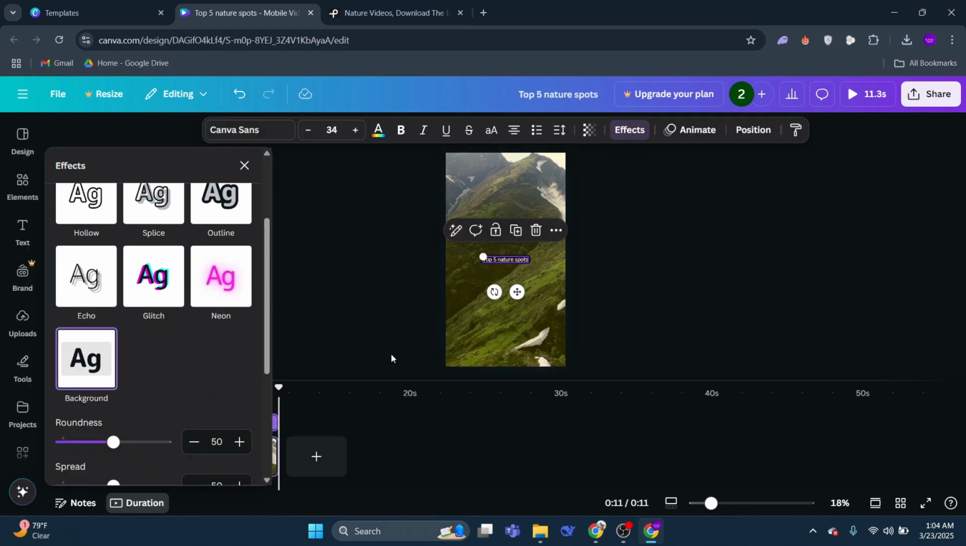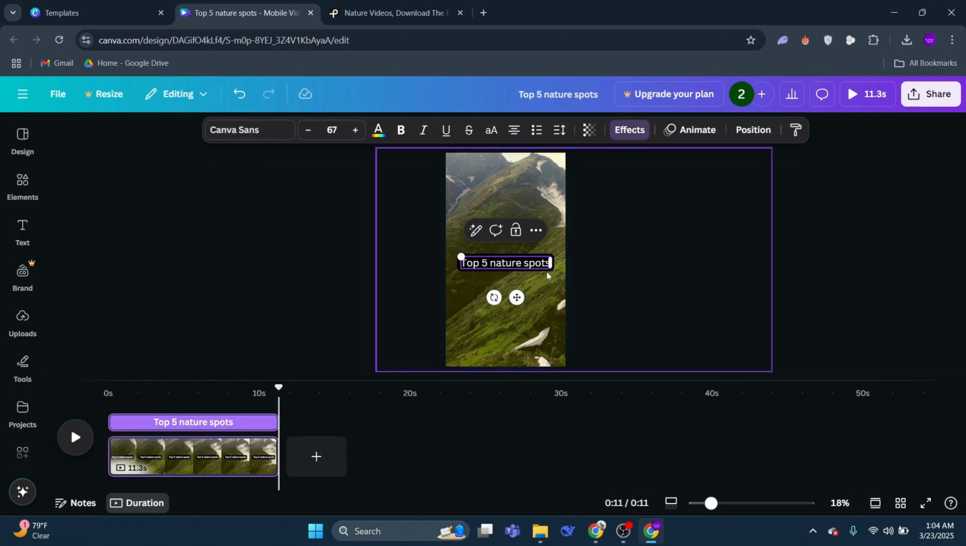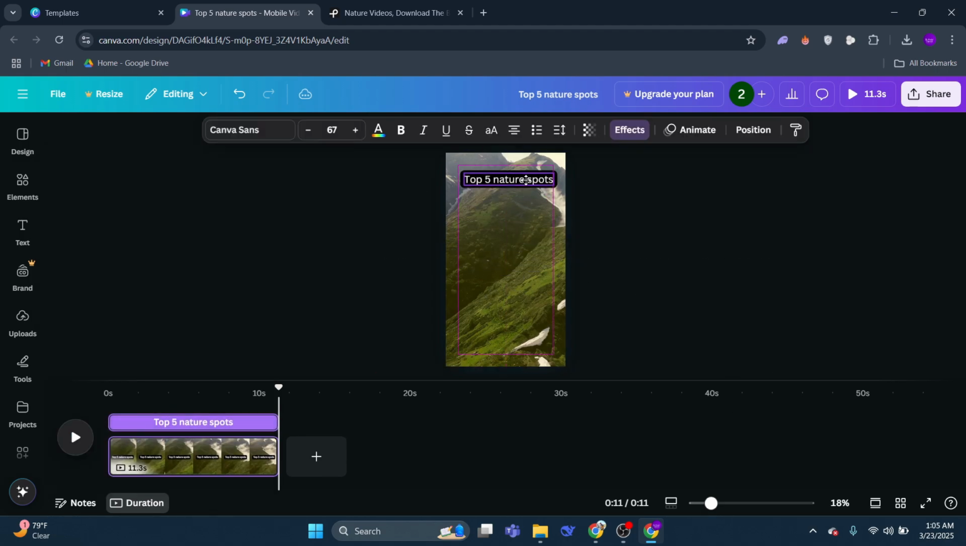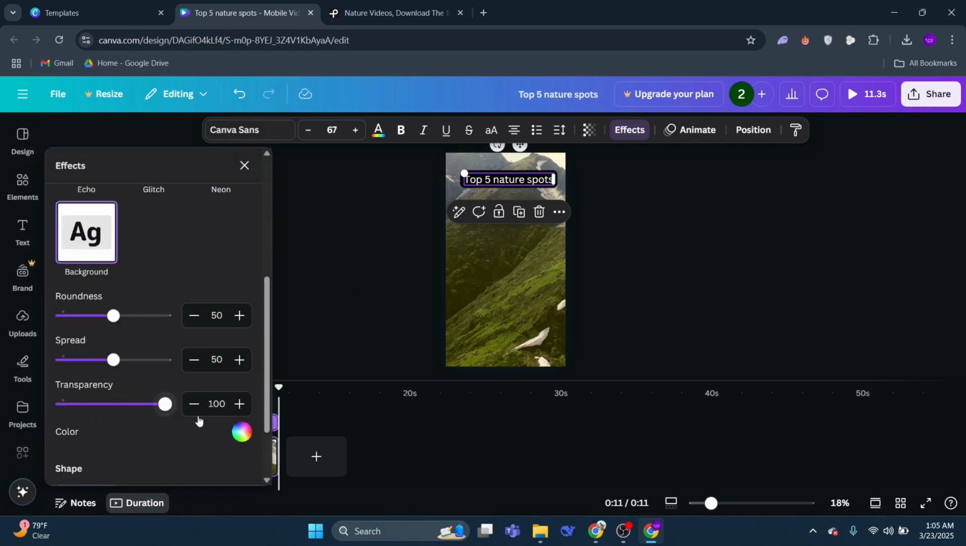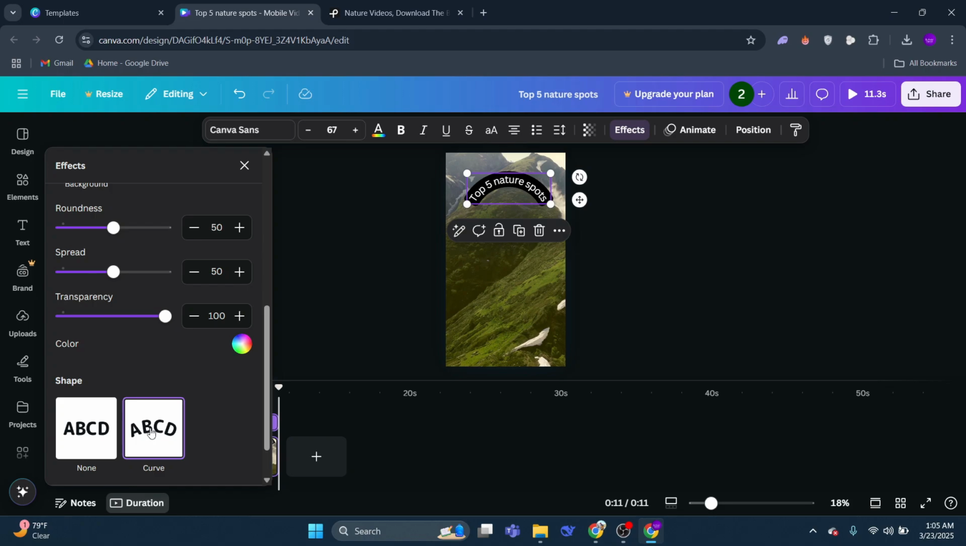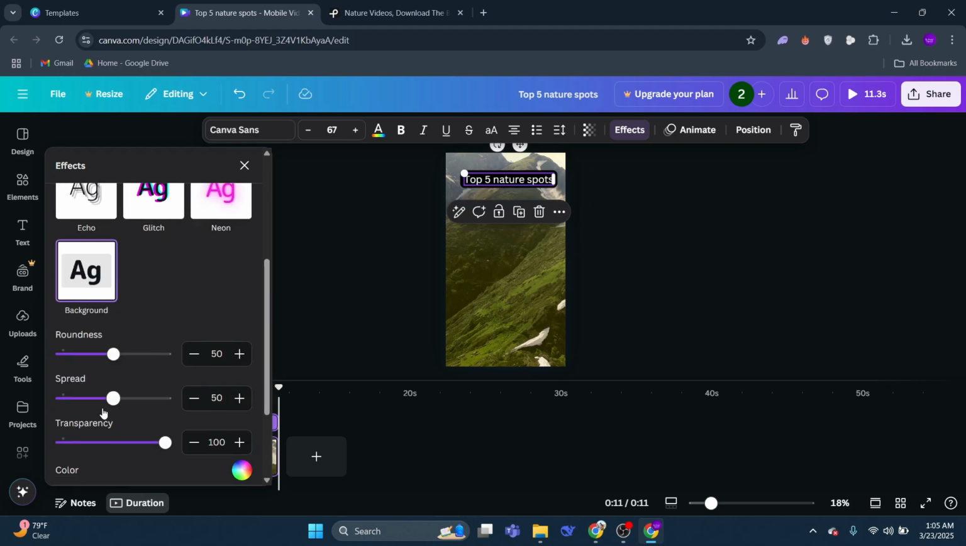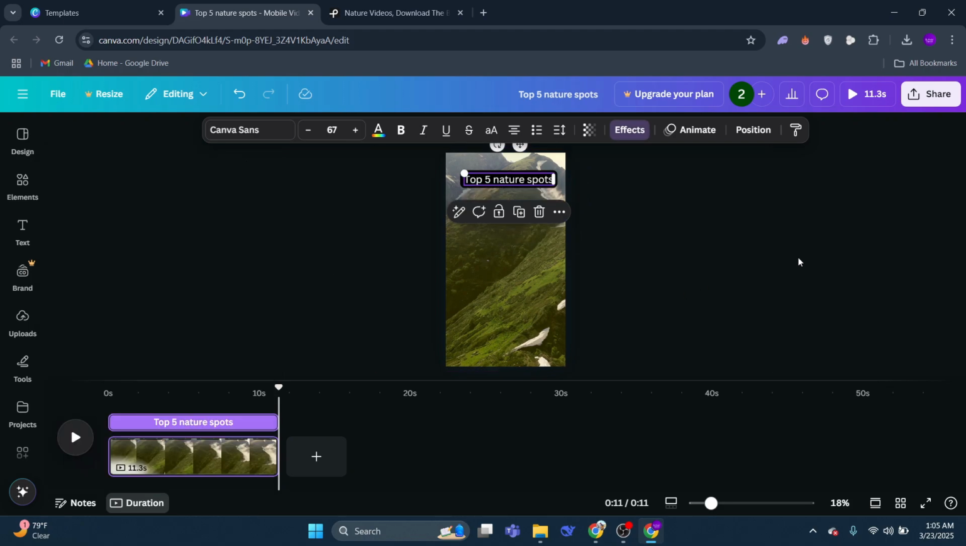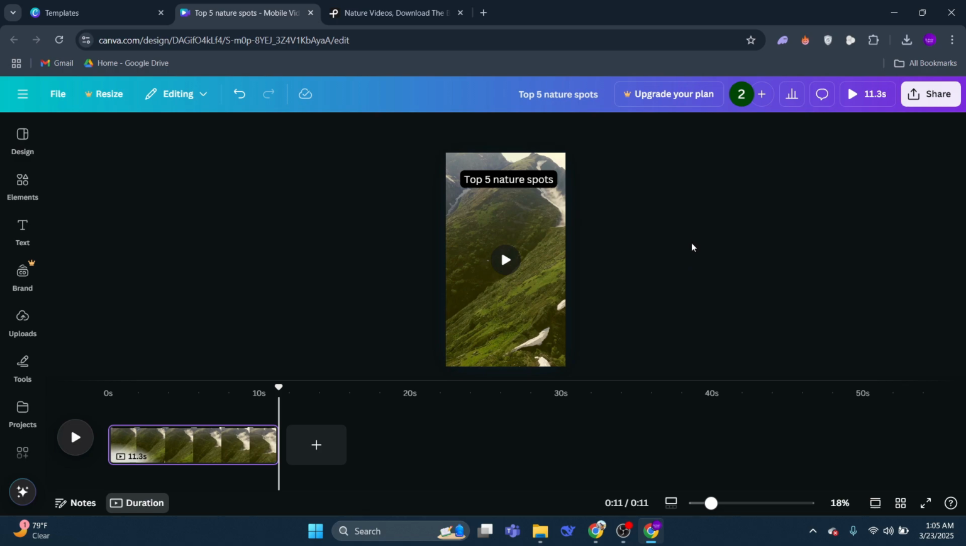Let's go ahead and add a background. We also want to make the text larger, so I'll increase the font size like so and drag it up to the top here. We can adjust the transparency of the background as well. We can also give the text a curved shape if we want, but I'm going to leave it flat for now. Now we have a good setup for a TikTok video that we can go ahead and export by clicking